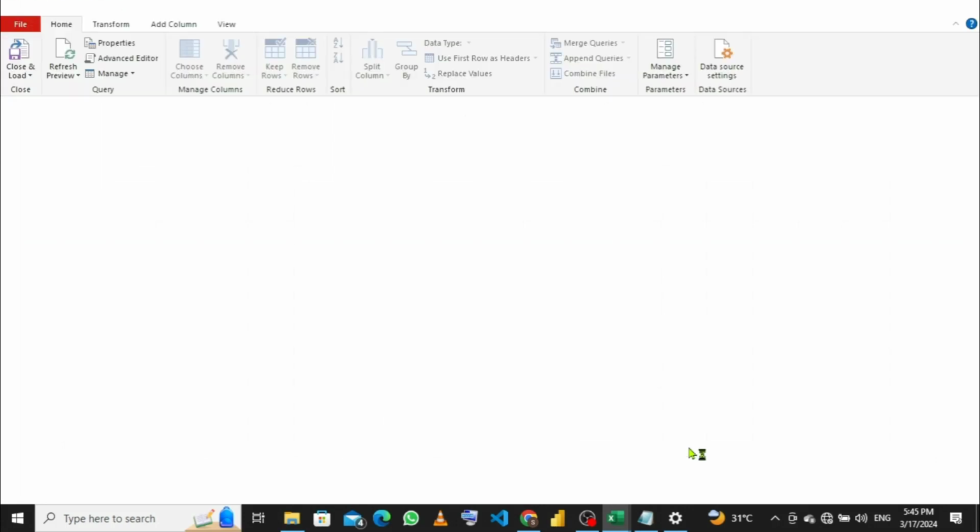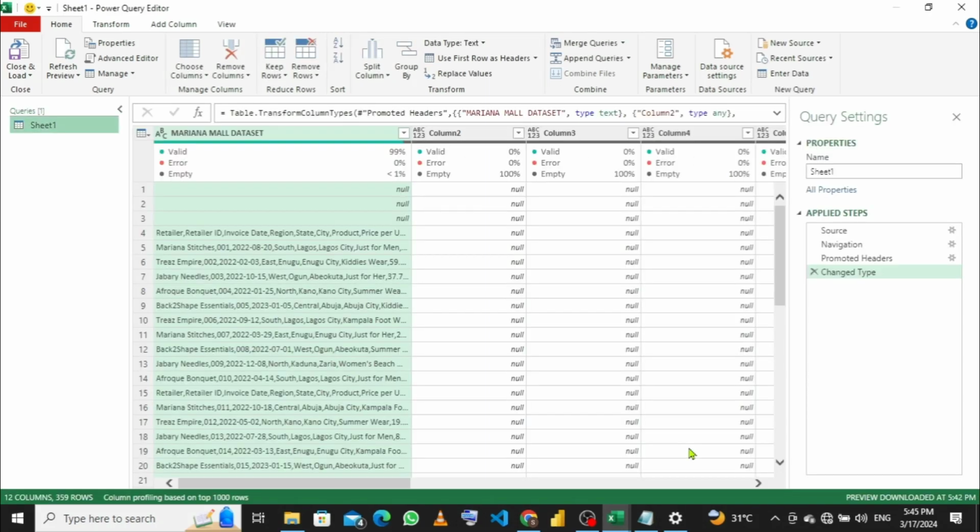And I said, in Power Query, what are we going to do? That's where we do cleaning, transforming the data, anything that you want to do on the data. This is where you do your EDA as well. First of all, based on the previous data cleaning where we did, what do you think we are going to do? Yeah, we remove the first rows, right? And for us to do that,